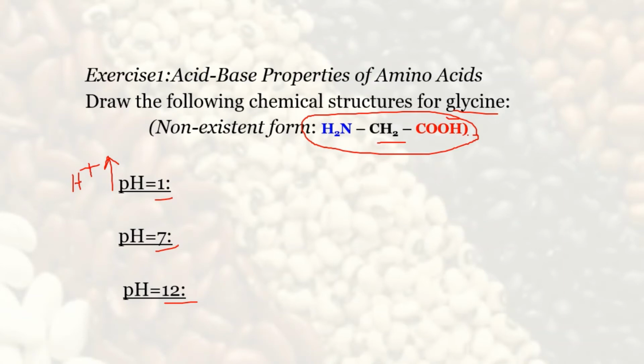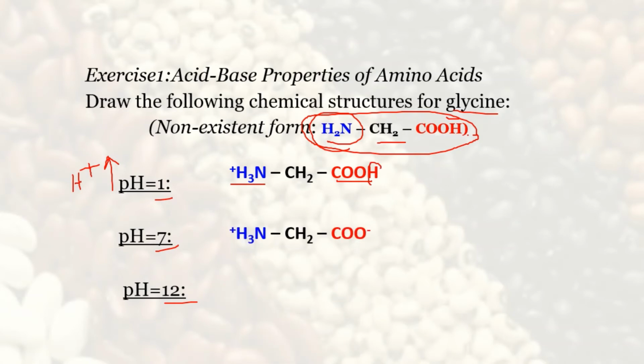So what will happen to the amino group in this case? It is going to be protonated, and this is also going to be protonated because the concentration of hydrogen is high and it will not lose a hydrogen. At pH 7, we are saying it is the neutral pH, then this is going to be protonated and this is going to be